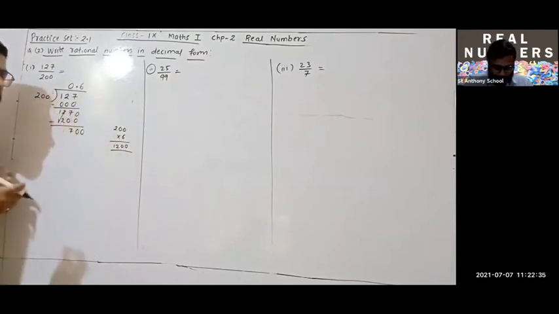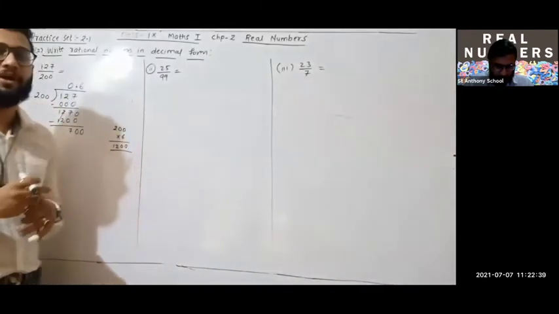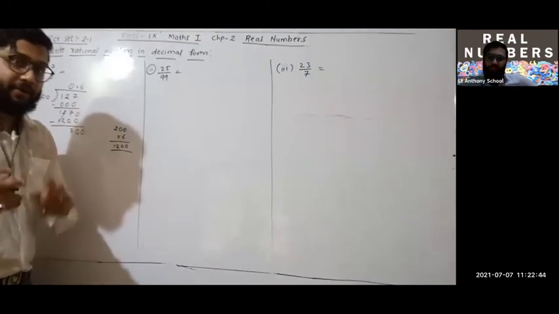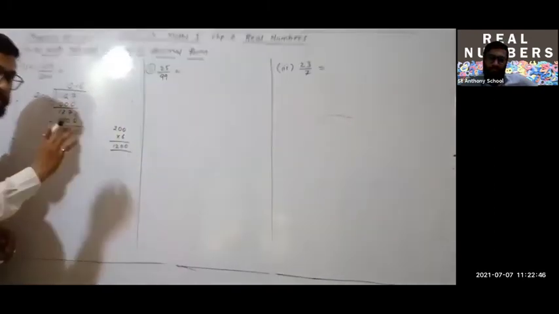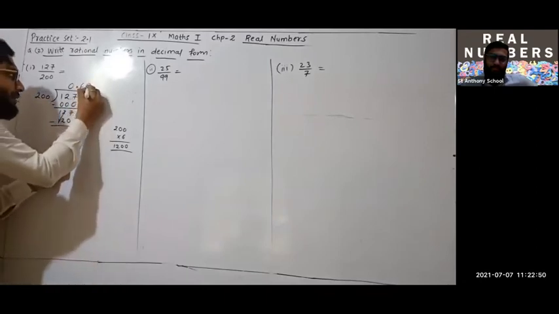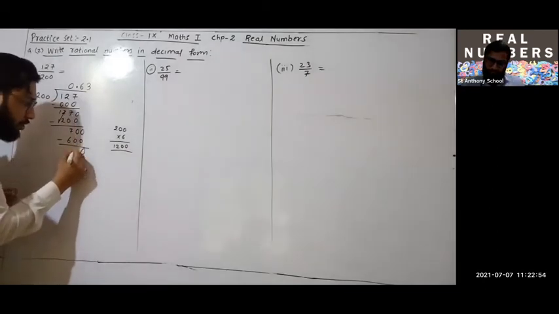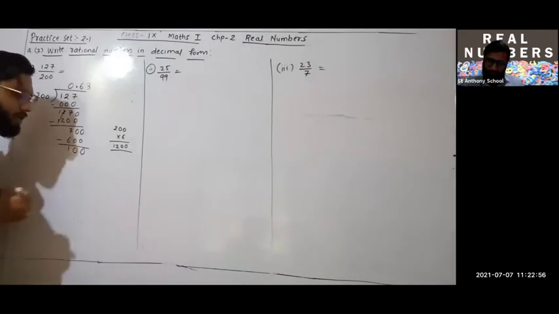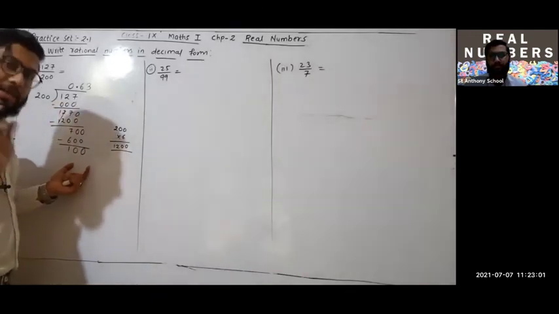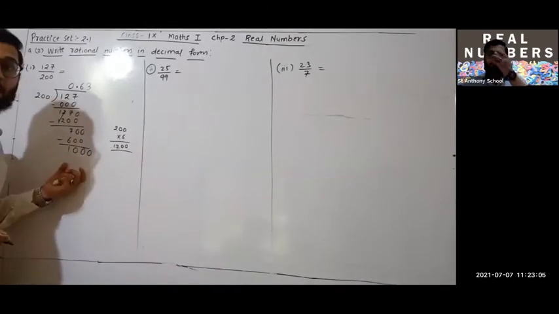So 700. What will be the nearest number? 200 ones are 200, 200 twos are 400, 200 threes are 600, 200 fours are 800. हम 800 लेंगे? No sir, because 700 is smaller than 800, right? So what will you take? 200 threes are 600. Minus 0 is 0, 0 minus 0 is 0, 7 minus 6 is 1. So again, 100 is smaller than 200 or not? Yes. So what will you take? Again you will take 0. So you have got 1000.